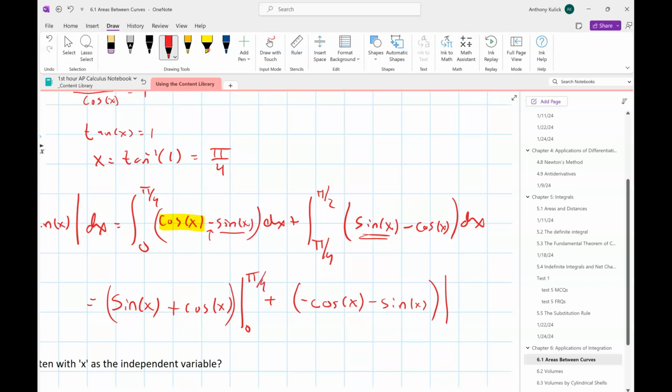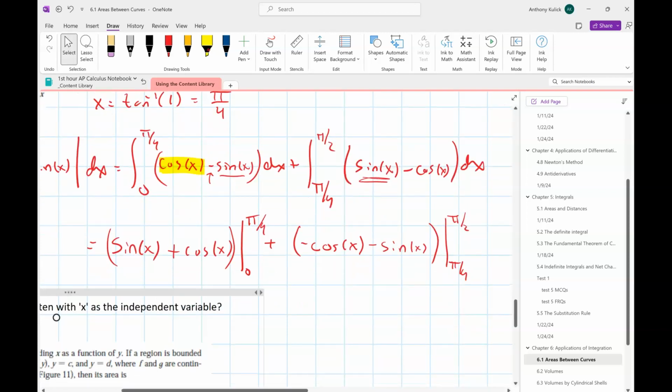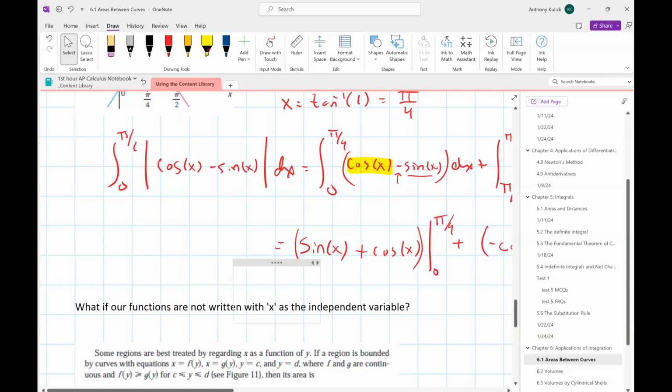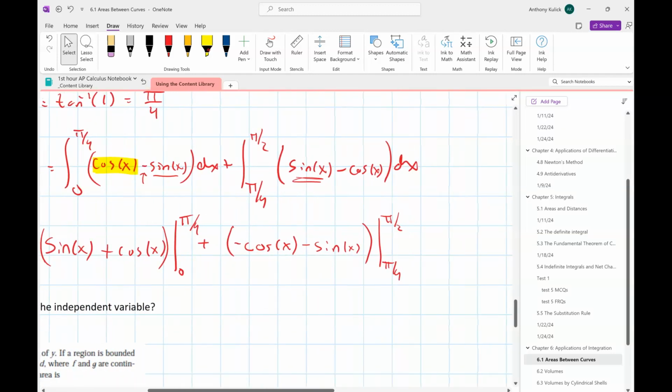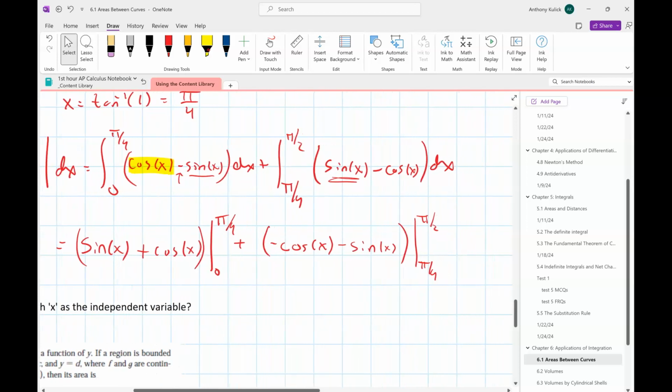Oops, that was supposed to be pi over 4. I forgot the over 4. So far, so good. Oops, that's not what I wanted to do. Yuck. All right, fine, whatever is being difficult for me. All right, so we have